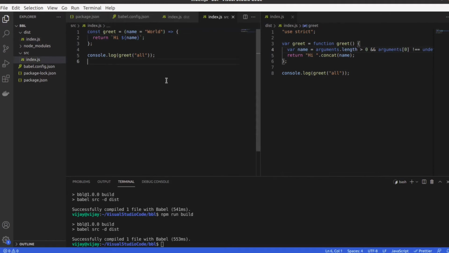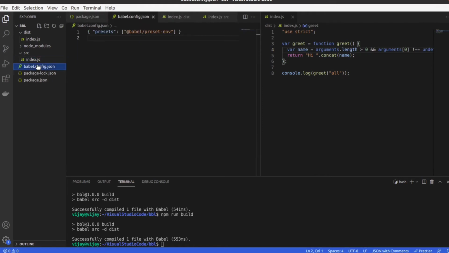Now that has been done, this is basically enough for a Babel setup, but we are going to go beyond and learn Babel. So here inside the config file, we will pass the second parameter in the preset, and it's going to be an object.